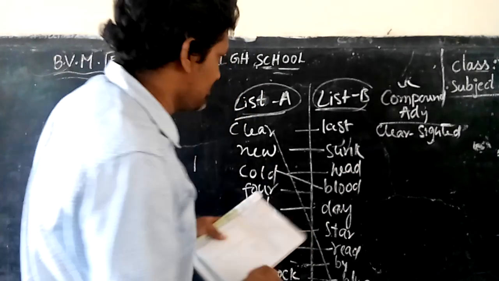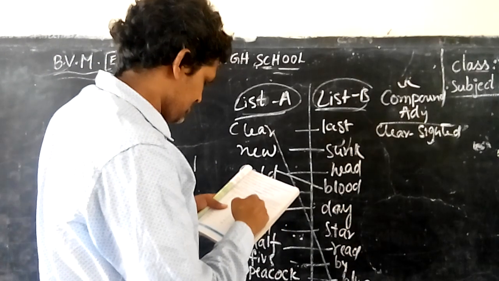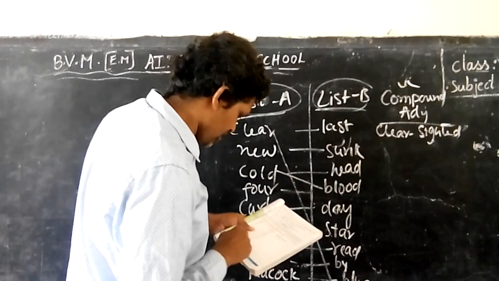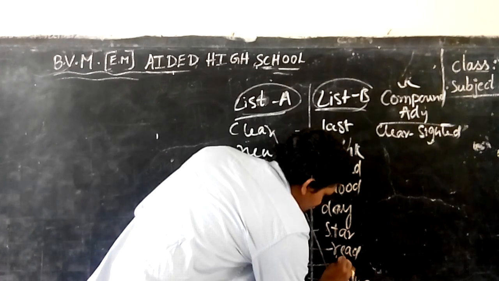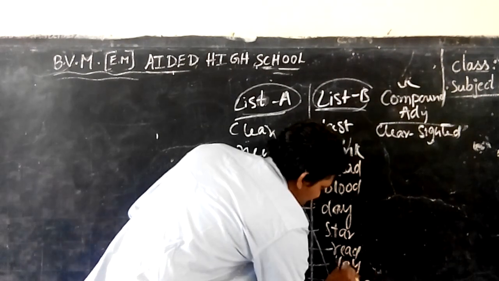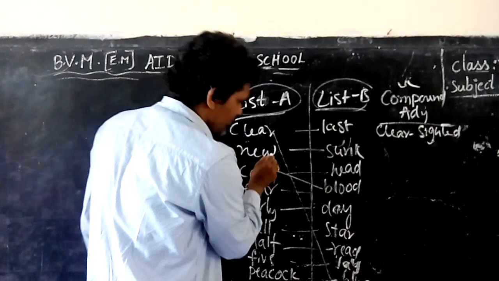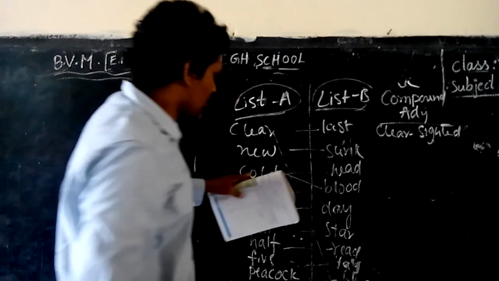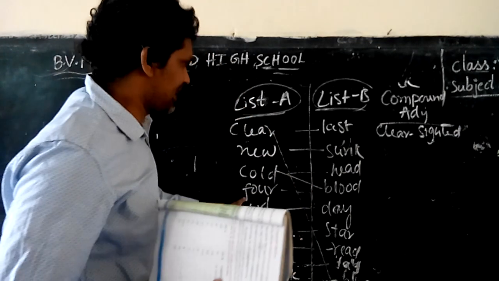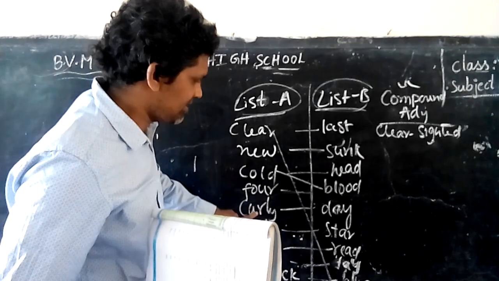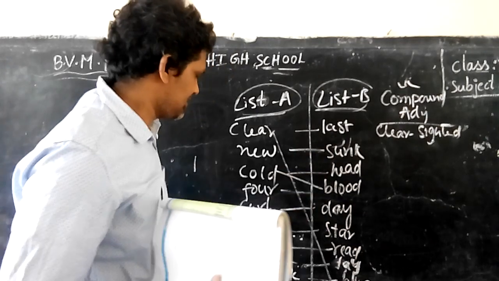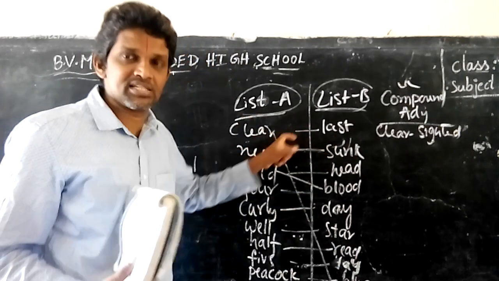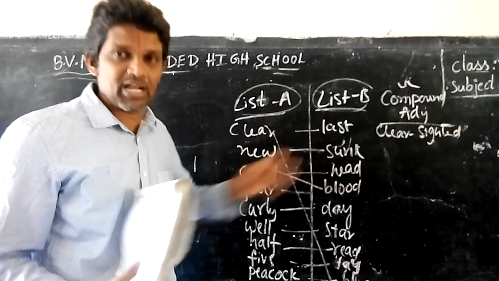New laid. So after read, lay. So lay. See, new laid, cold blooded. Next one, curly head, half sunk. So like that you match these words, you match it in your CW books and try